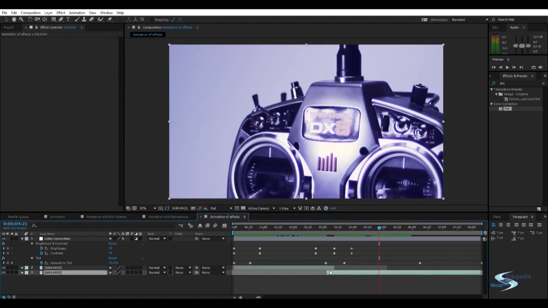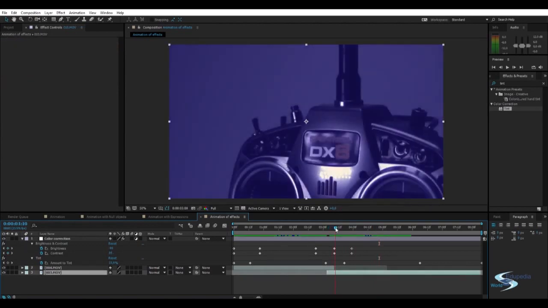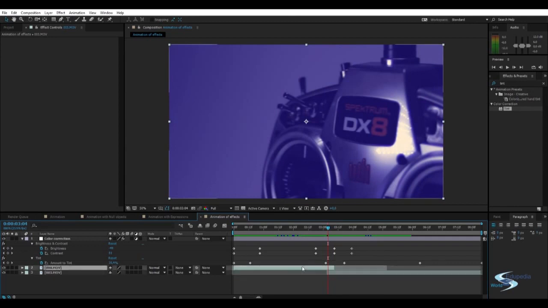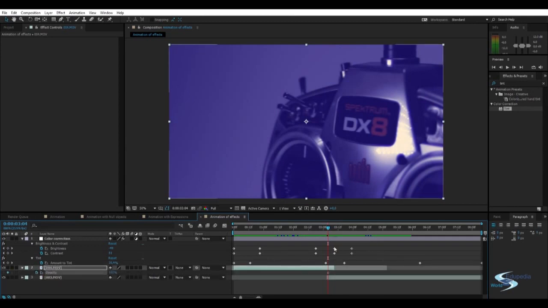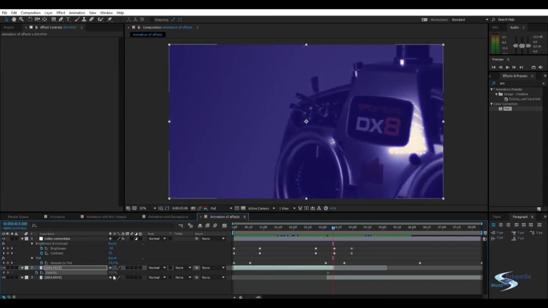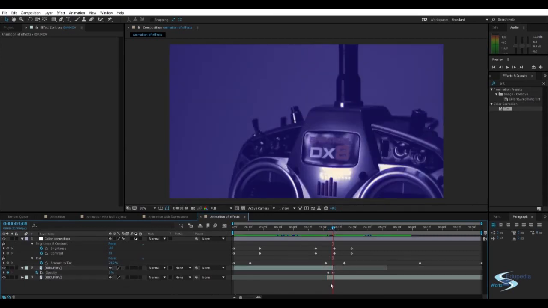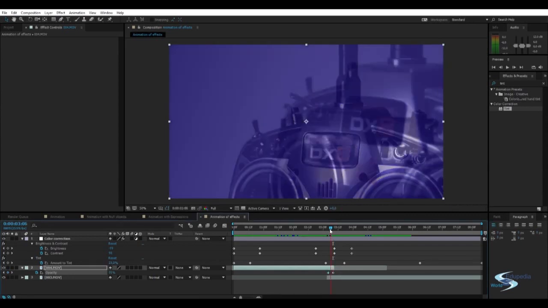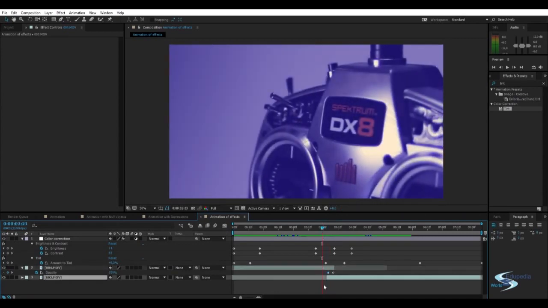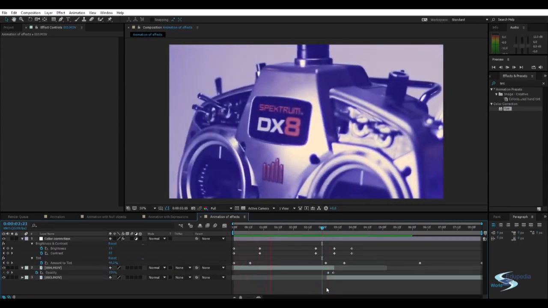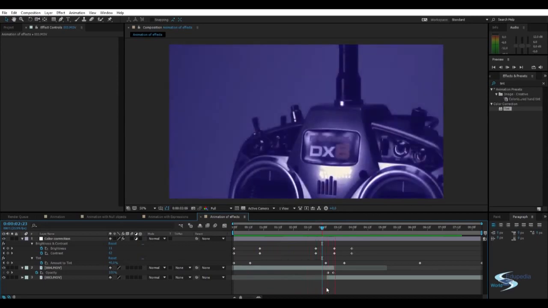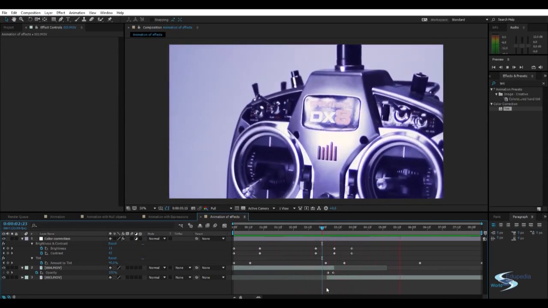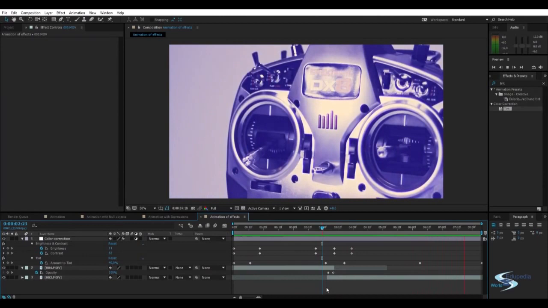We can also make it fade. Instead of having this harsh shift, we can make it fade by going here, pressing T for opacity, and by keyframing this, we can actually make these fade. So this keyframe is at 0, this one over here is at 100, so it's fading between these two. And here we go. We've got a very nice, in my opinion, this is actually very nice